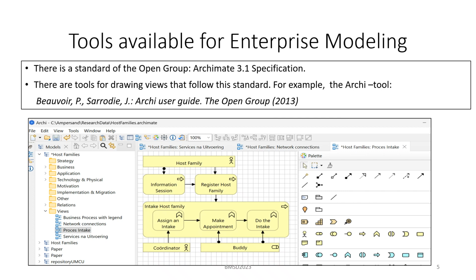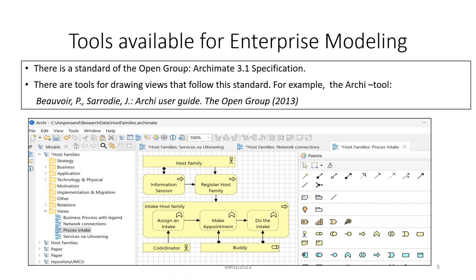There is a standard of the Open Group called Archimate 3.1. It presents specification for all notations and semantics of enterprise modeling. There are tools for drawing views that follow this standard. For example, the Archi tool, open source, available by Philippe Beauvoir.